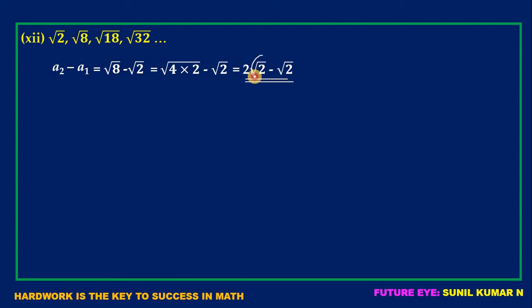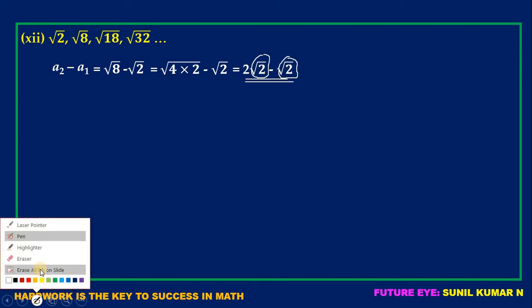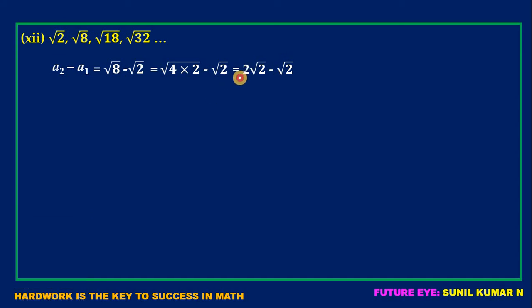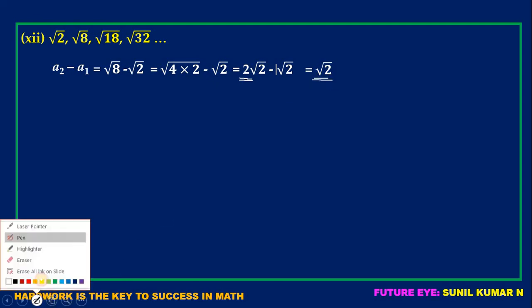Now, these two we can subtract, and how to subtract that I explained in the last video. See here, root 2 is there and here also root 2 is there. Then how do you subtract? To subtract this, we have to consider coefficients. Here the coefficient is 2 and here the coefficient is nothing, meaning 1 will be there. Now 2 subtract 1, how much will you get? 1. And root 2 write as it is. It means 1 root 2 will be there.